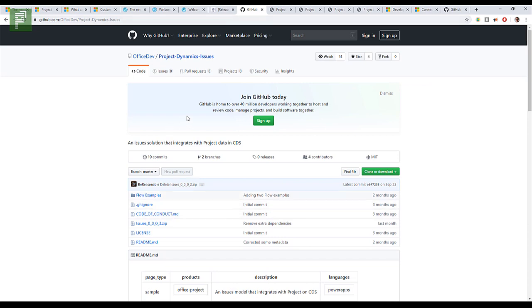This is something on GitHub, which is a solution that you can download, and you can have flow interactions with the new Project for the Web. So that's very cool, and there's a little Power App in here as well that you can start and play around with. Then we have Antti,